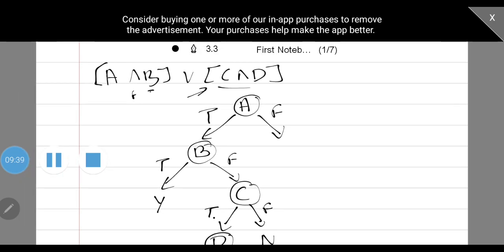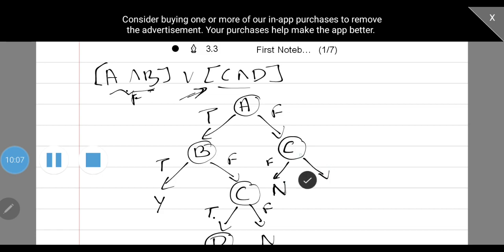Coming to the right hand side of A. If A is false, this expression becomes false, right? So we'll have to examine this expression. So here we are going to write C as the value. So C, two paths. Here there is no place, so I'll be taking false as the value here. If C is false means this expression becomes false statement. So I will have no as the value here.